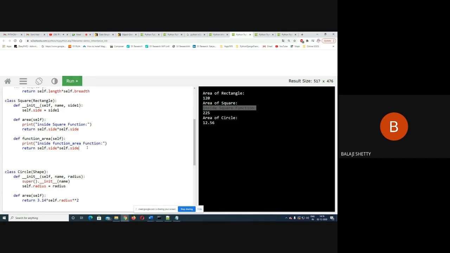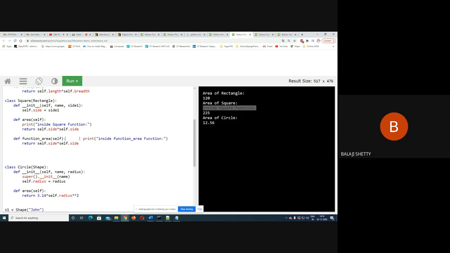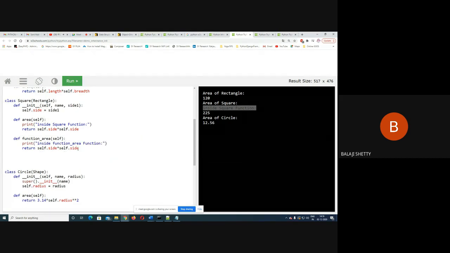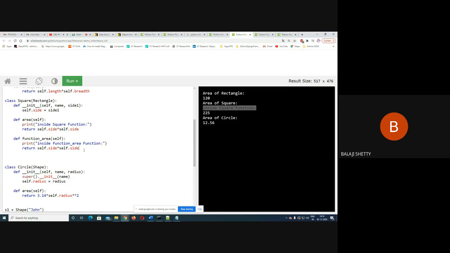And here I call this function area. Now what I have done is I define a function of name function area. That's it. So function area is the object of square.